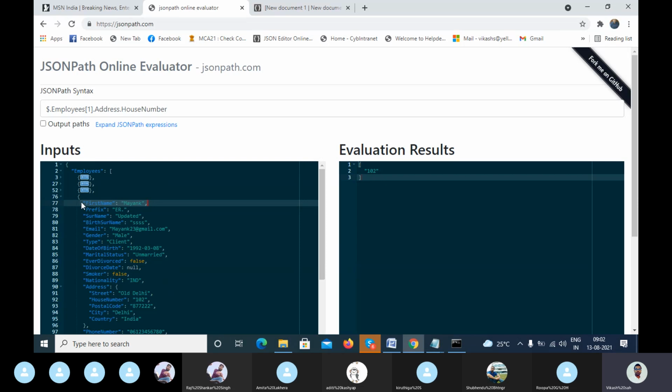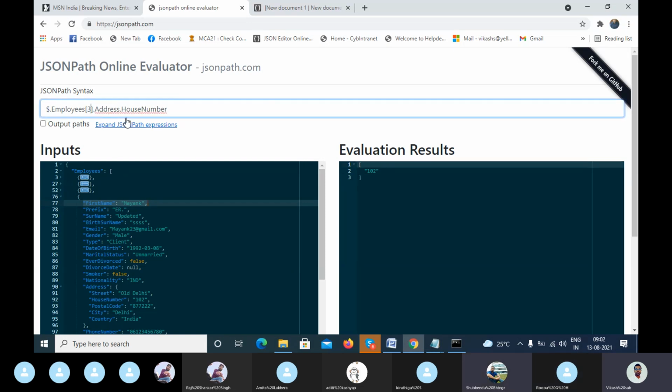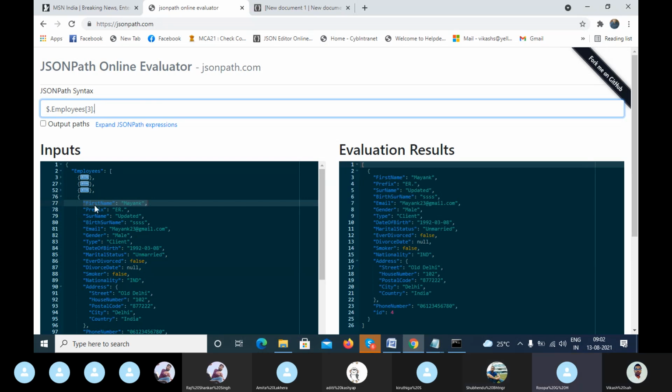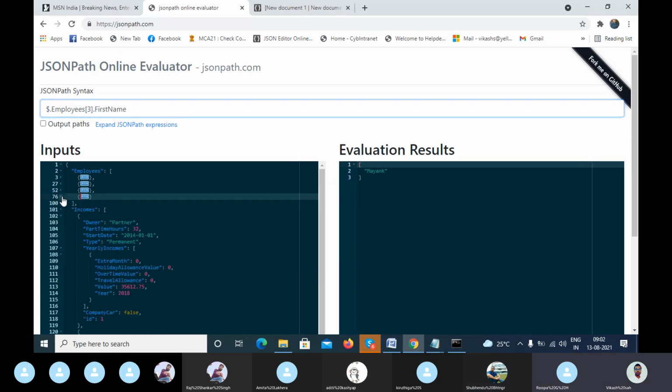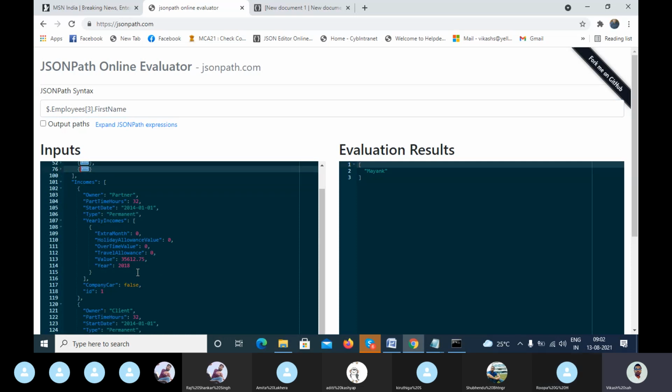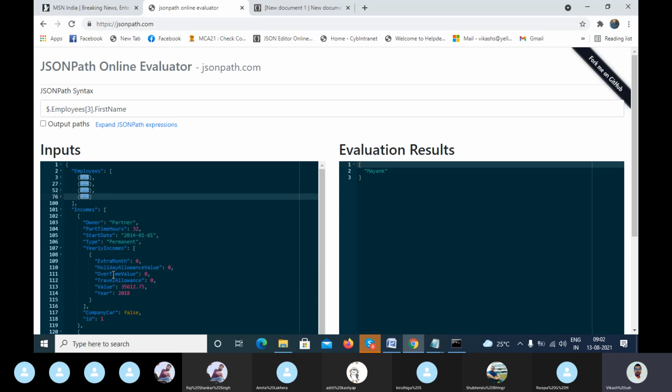Mayank, first name. I want employees 3 dot first name. Just simple, employees 3, first name, okay. Now I want to access